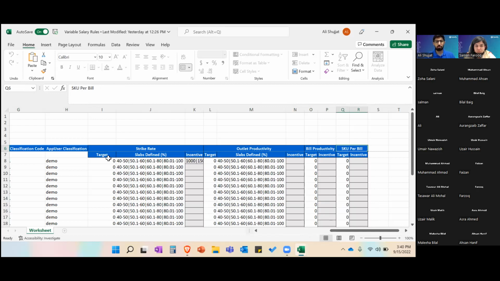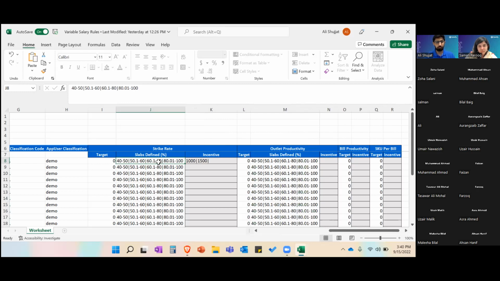Now, as this is a test instance right now, just made for the demo, we don't have the targets available right now, but these targets will be fetched from the order booker targets that you will be including in the system. And then you can see that as we had defined slabs, we have 2 different slabs for the target achievement. So for example, you are going to be filling the incentive right over here. So let me just show you that